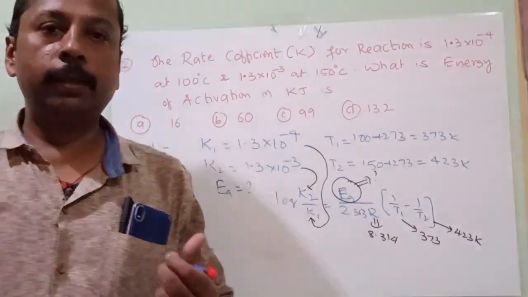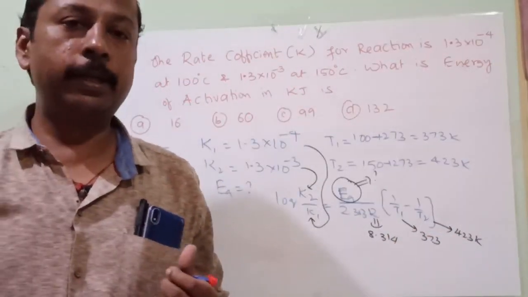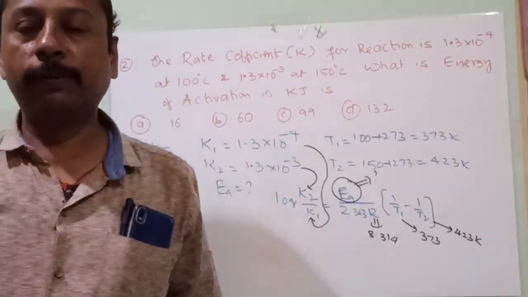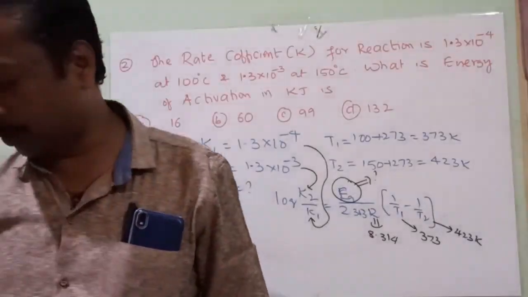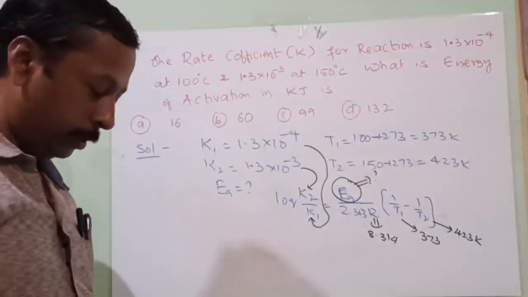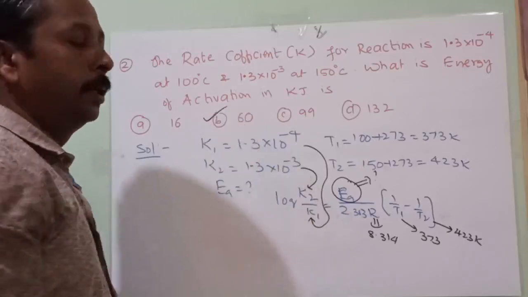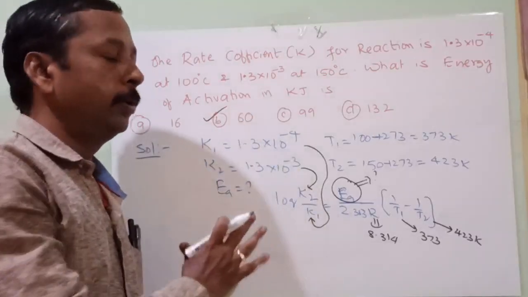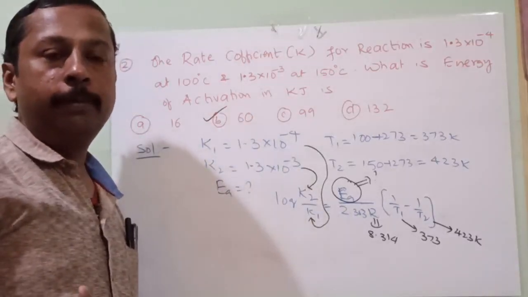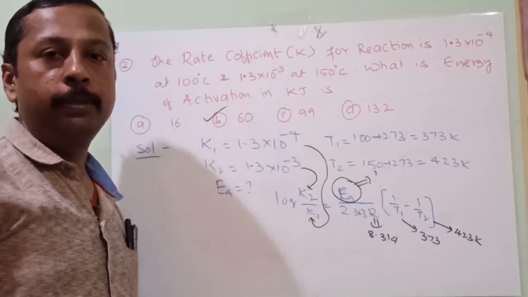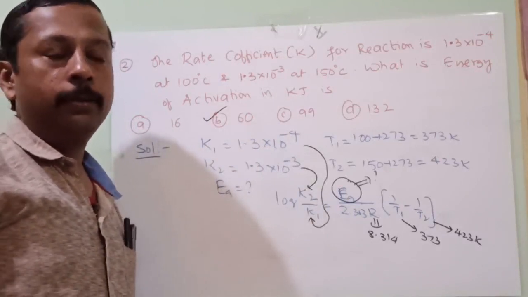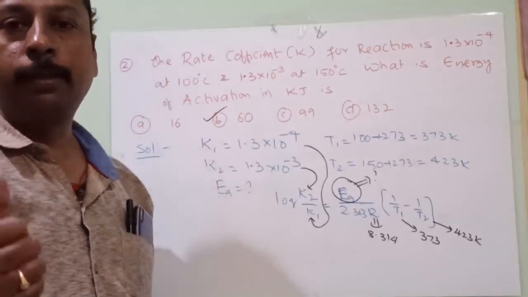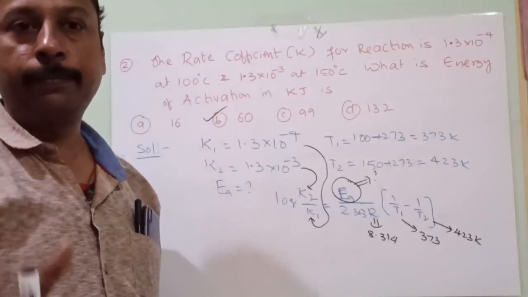Okay, I think you are sufficiently able to find the answer, and the option you should get, I think, is 60. What is the answer? 60. If you substitute like this and simplify, I am leaving it for you to save your time. Okay, so note this down. We will go for the next question.